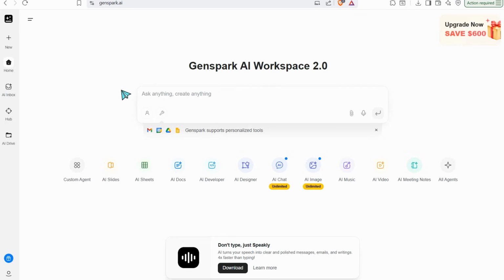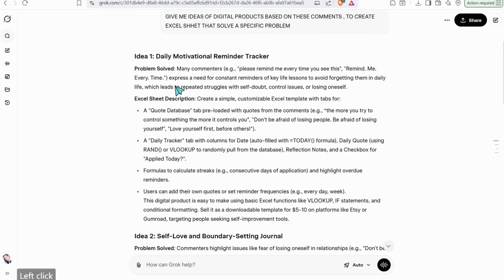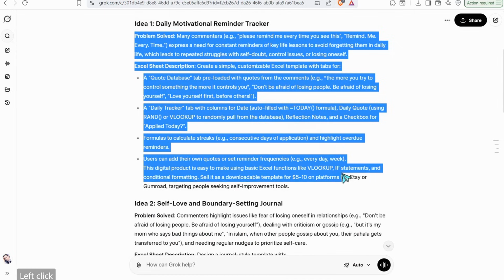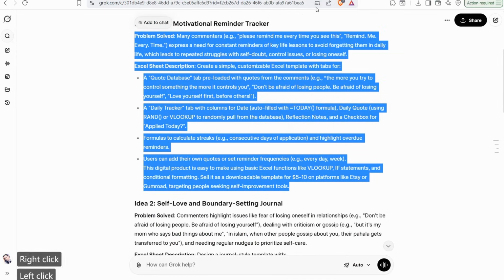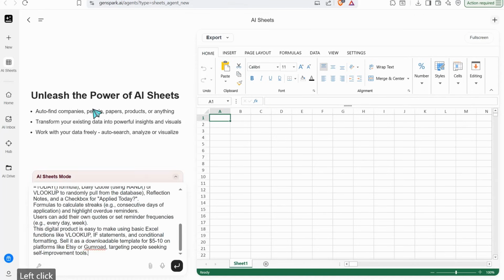Anyway, here you can head over to this AI Sheets. Click on this one and you will be taken to this page where you can insert your prompt or your description. So I can go back to grok.com and pick one of these ideas, like idea number one, and copy the entire section, then go to my Genspark, insert this whole description and click this button. And in just a few minutes,